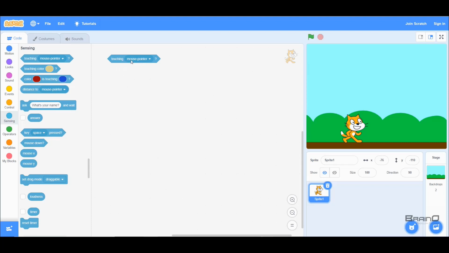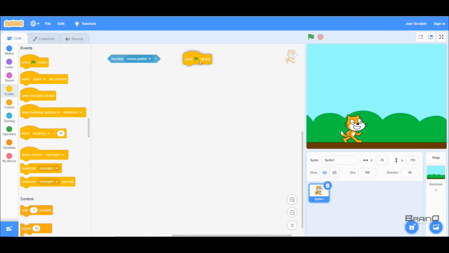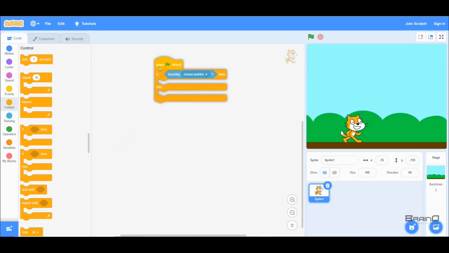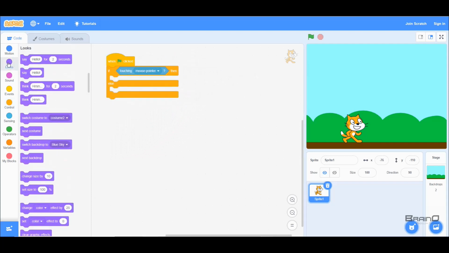So this touching mouse pointer basically tells us whether our current sprite is actually touching our mouse pointer or not. And to demonstrate it, I'll bring the green flag clicked, and then I'll go to controls and bring if else, and then here I can use this touching mouse pointer, and let's say if my mouse pointer touches the sprite, I can print yes, otherwise I can just simply print no on the screen. So now if I run it, you'll notice that it prints no because my mouse pointer is not touching my